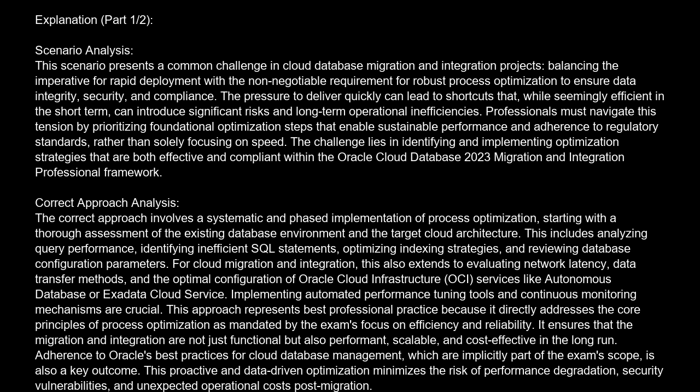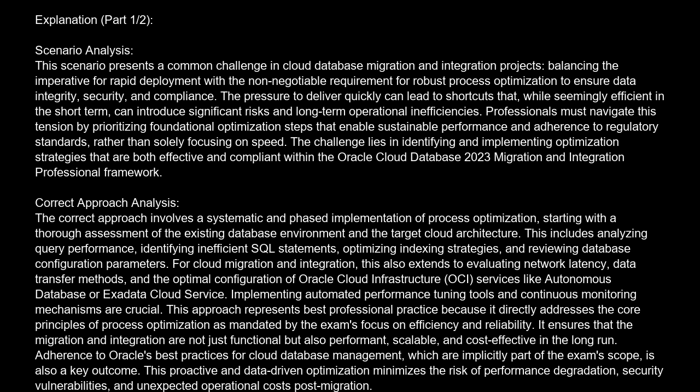run. Adherence to Oracle's best practices for cloud database management, which are implicitly part of the exam scope, is also a key outcome. This proactive and data-driven optimization minimizes the risk of performance degradation, security vulnerabilities, and unexpected operational costs post-migration. Incorrect approaches analysis. One incorrect approach is to defer all performance tuning and optimization to post-migration, assuming that the